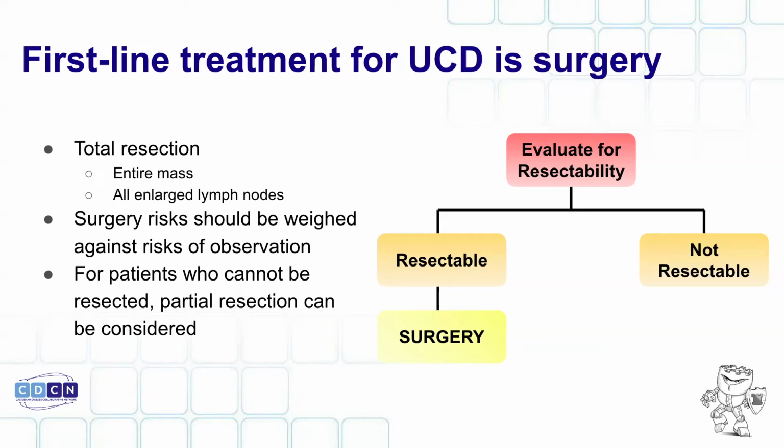Unicentric Castleman disease grows slowly. It grows, but it grows slowly. Patients who get diagnosed with unicentric Castleman have probably had the disease growing in their bodies for at least months, but maybe years before we actually caught it. And so it grows slowly. And so sometimes if you're in a tough spot, you can't cut it all out, but it does look like it might cause problems. Maybe you can cut part of it out. And that might be worth it to some patients, knowing that it buys you several years before you're going to need to do more things to try to shrink this disease.